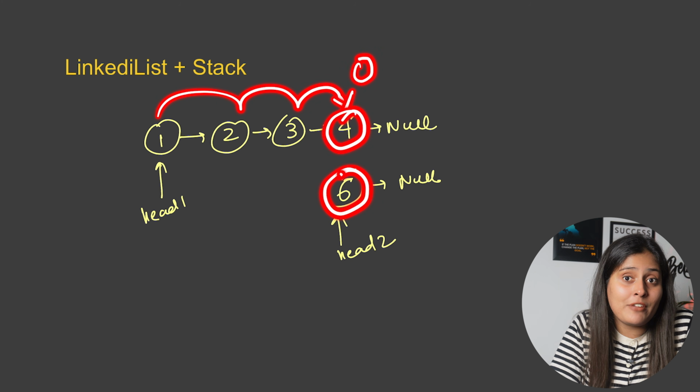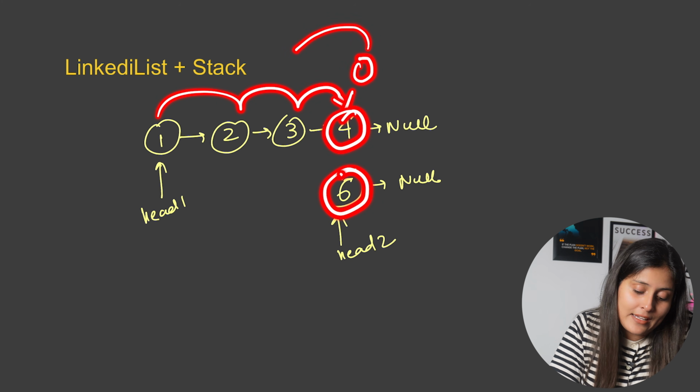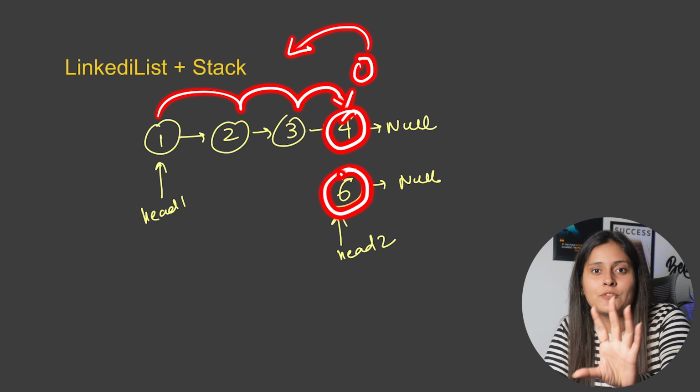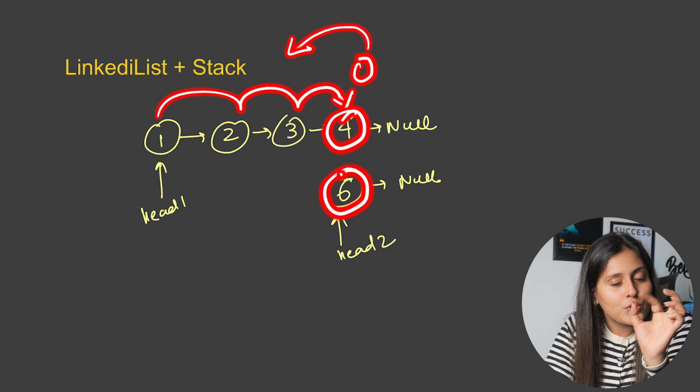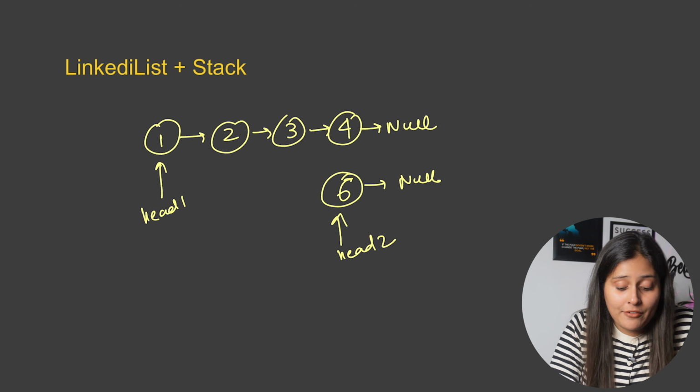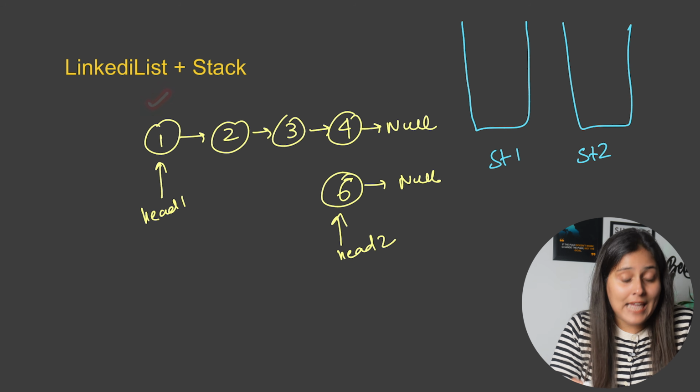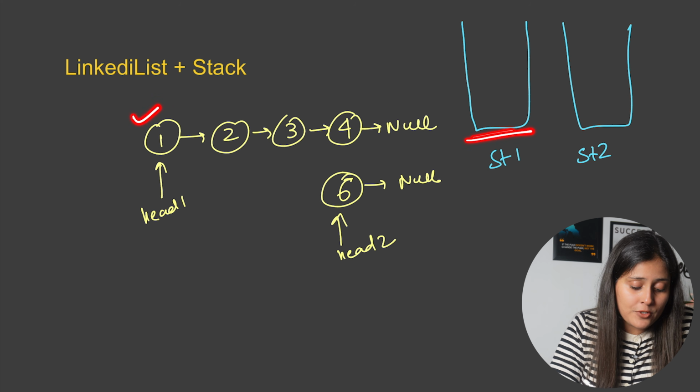And now this 1 will be carried forward to the left side. And you cannot move to the left. Now, if you want to move to the left, you actually have to reverse the linked list, correct? So here you can think of the stack data structure. The idea will be to take 2 stacks, stack 1 and stack 2. In stack 1, you will save all the values from linked list 1.